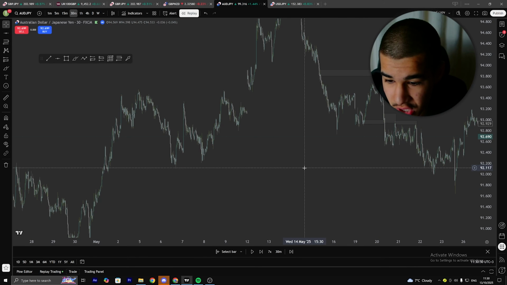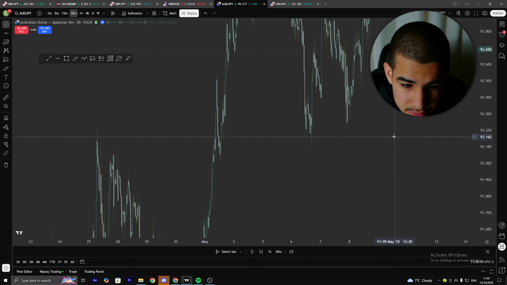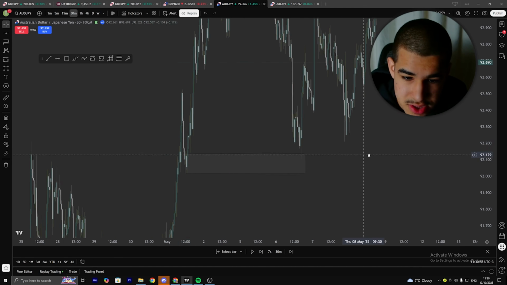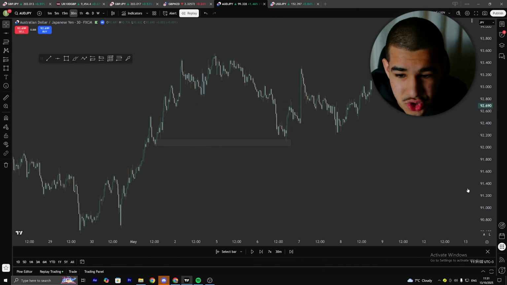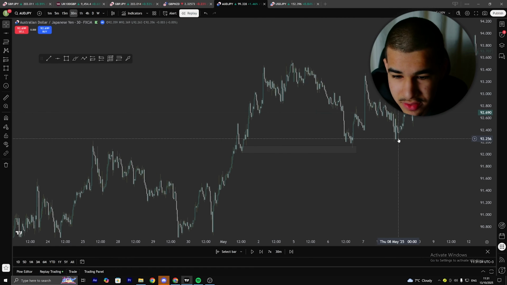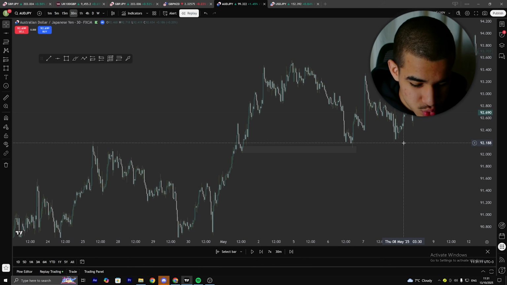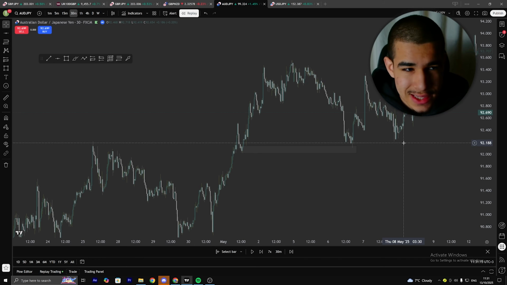But now let me try to find an absolute A plus setup. I think I might have found another setup. I can't lie, I just went on a random time, found a setup, and now I'm finding setups like crazy. So the reasoning behind this trade, again, it's not an A plus setup. Now again, this did win, so it might not be the best lesson on this video because all these trades are actually winning, but I just want to give you a clear idea that I'd rather go for 3 setups